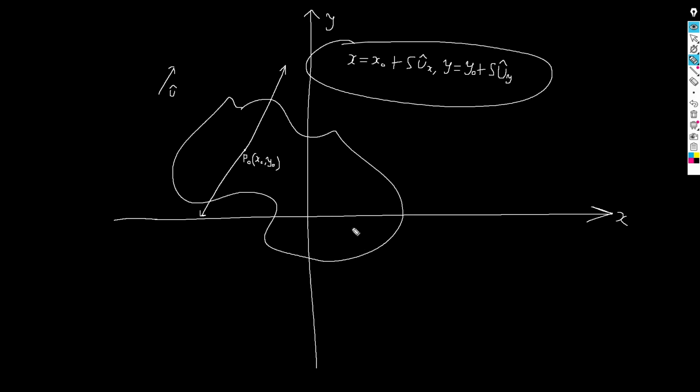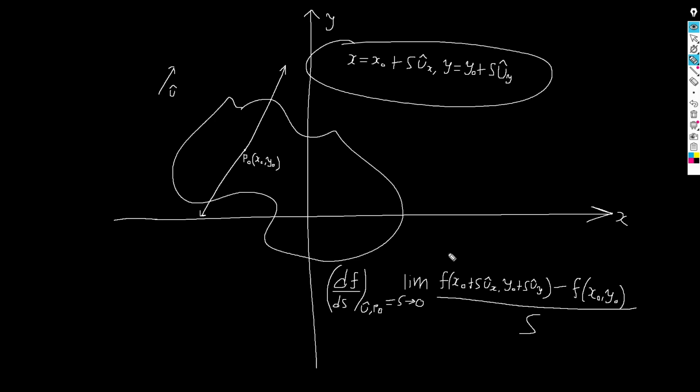We can actually find the rate of change of f with respect to the arc length parameter in the direction of u. The definition of a directional derivative with respect to arc length,